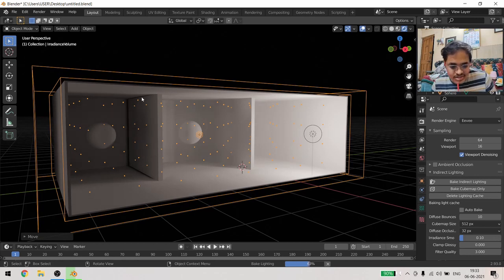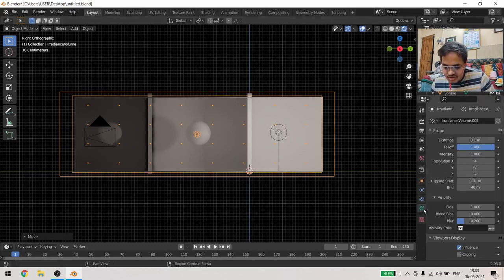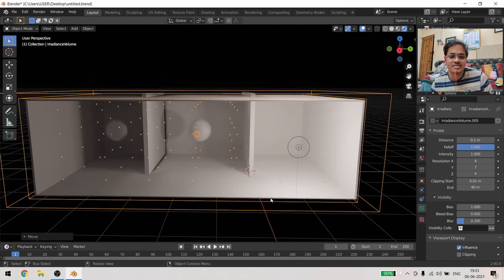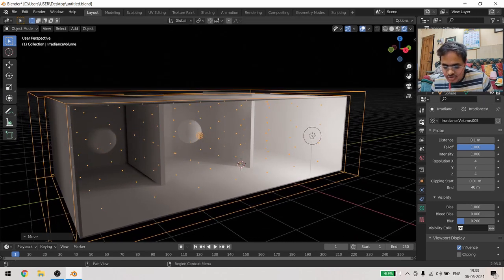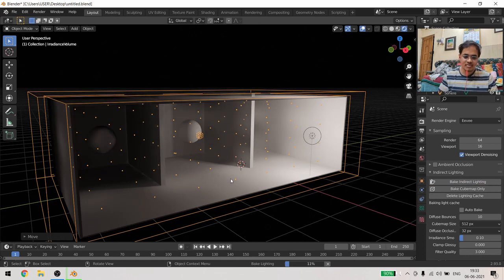So it is going to create a sharp shadowy area. You need to remember that whenever you are putting in the irradiance volume, it should not intersect with different objects of those areas. What you can do is change the object data properties and change the position of the light probes or the number of light probes. Right now I am using 7 and it is exactly keeping somewhere where nothing is intersected. And now if I go to the properties and bake indirect lighting, that problem will be solved.